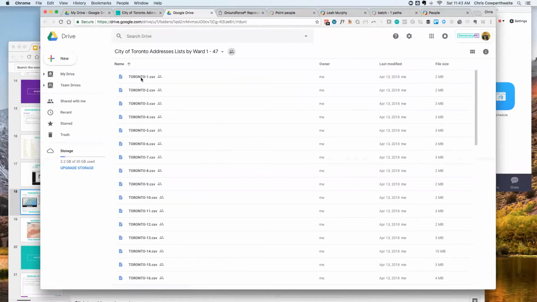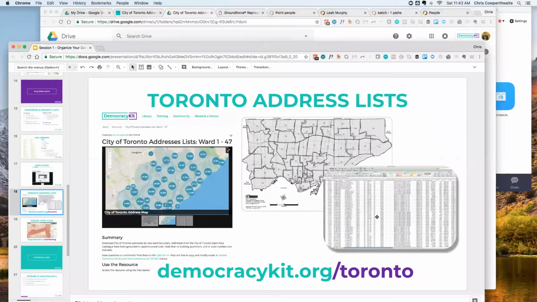You can see here we've got wards 1 through 47, so you can just download the CSV file, and as illustrated here, you've got all the fields: address, postal code, the full address as well as ward and type of address, and in some cases, there are names of organizations if it's a community center or whatnot.